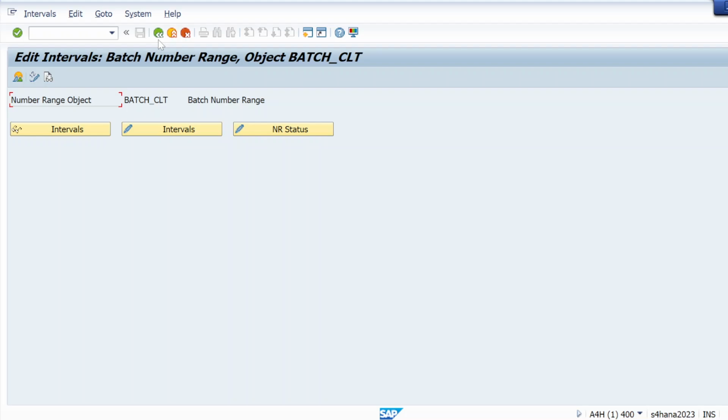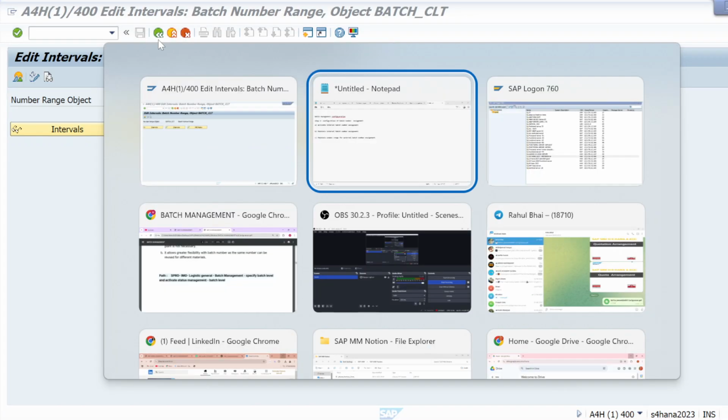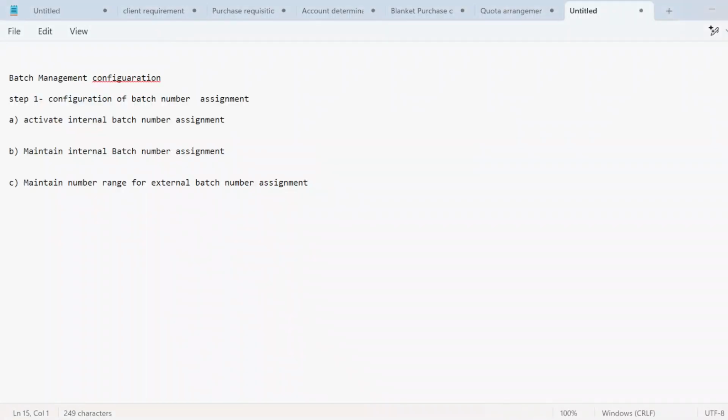Now the next step is step two. This is step one, configuration of batch number assignment. Step two is define batch creation for goods movement.